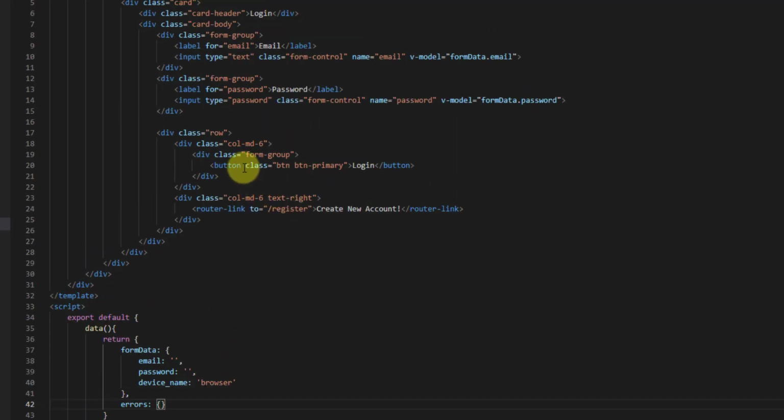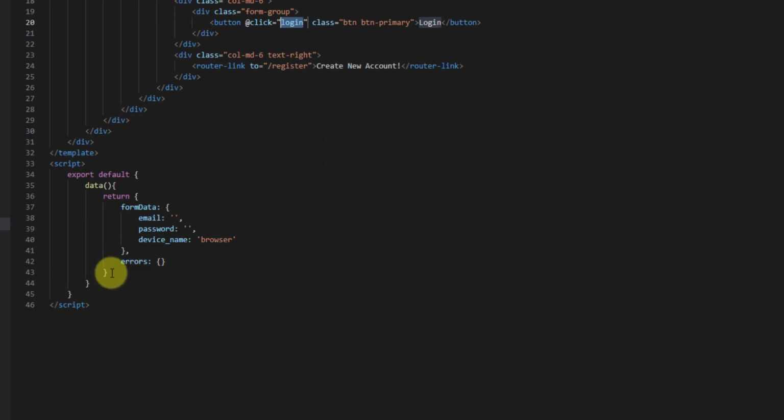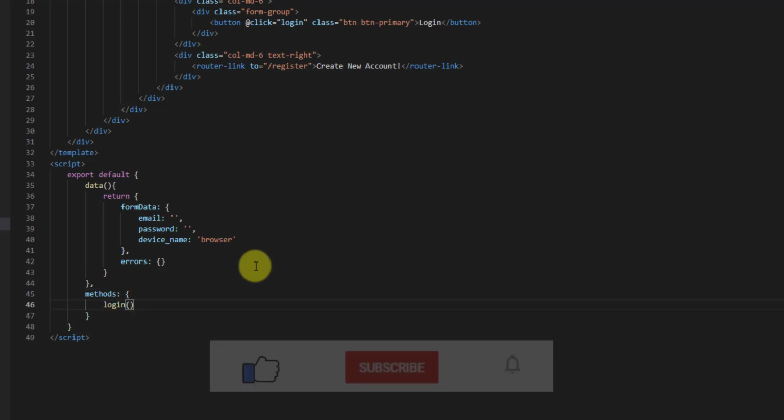Now guys, let's declare a click event to this button. So add click and we want to say login. Now let's create this method in our Vue.js methods. So in here first we want to declare the methods field, and the method name is login,